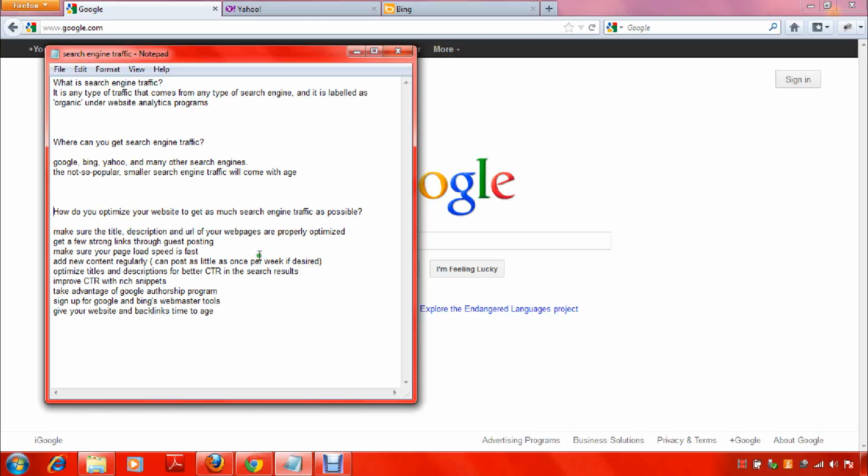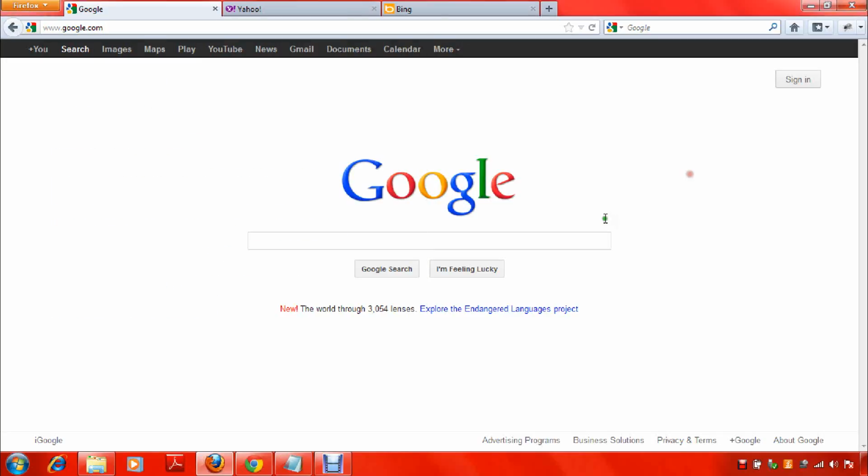Now, what that link authority, or that link juice, is going to do is make your website much more authoritative. And what that's going to do is have the top search engines send you traffic for all of the long tail keywords that your website ranks for. So just a few strong guest posts can actually make your website strong enough to rank for all different types